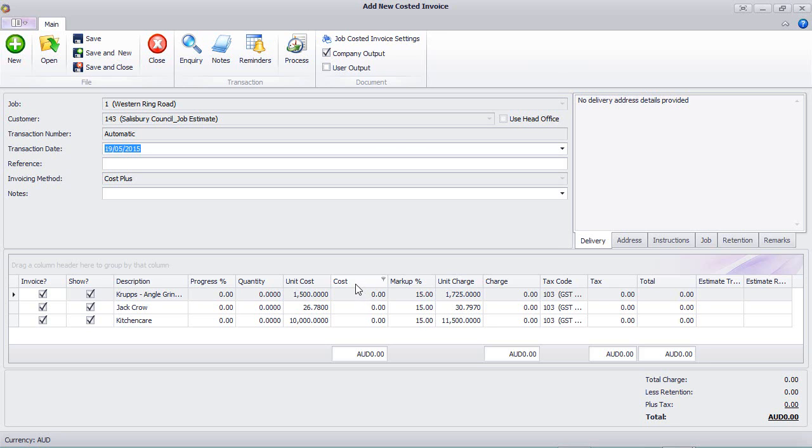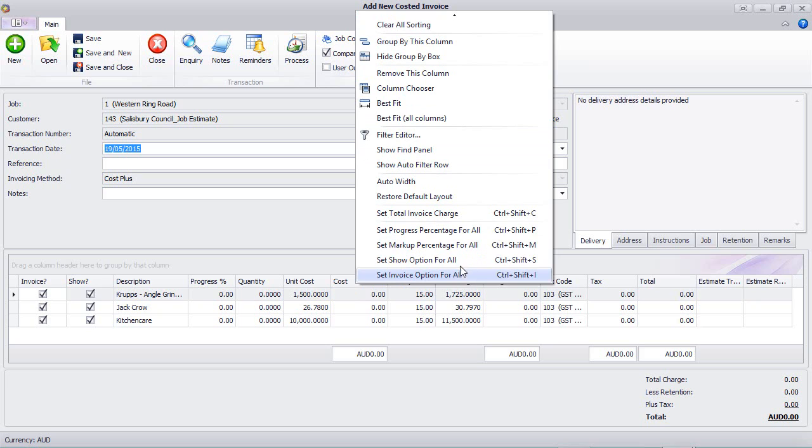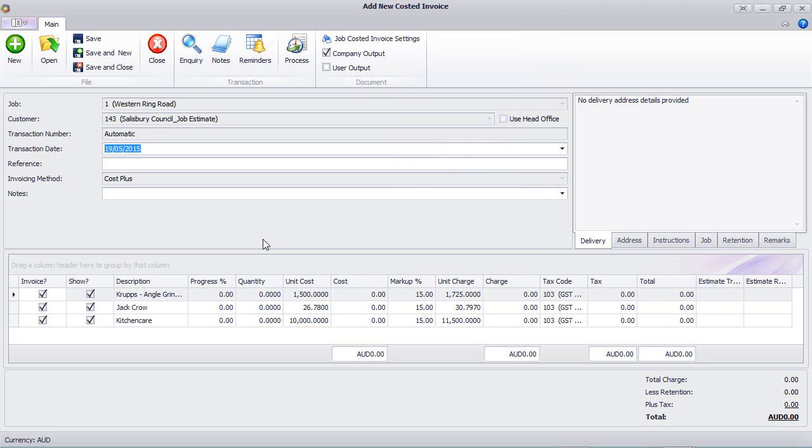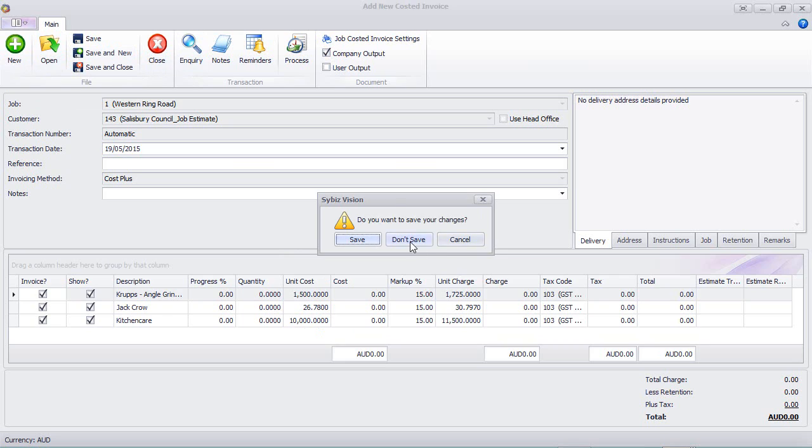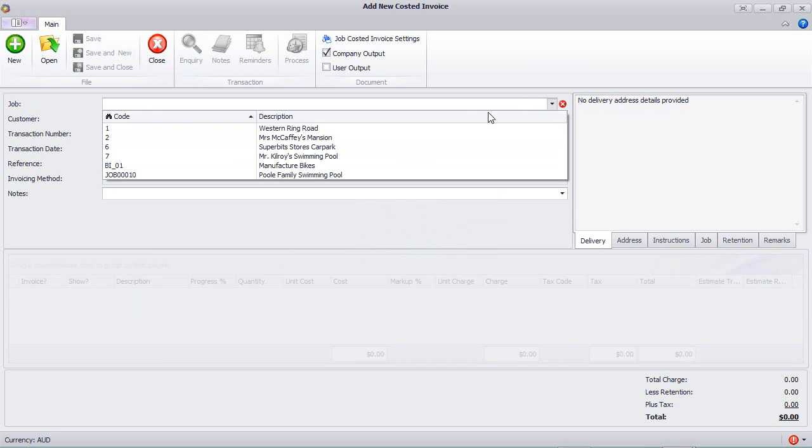There are also right click options to show all and invoice all, and you can refer to the help file for more information on what that means. But I'm just going to leave it there for this invoice, and we'll go back to the job we initially looked at and start from scratch with a new job invoice, and we'll pick up the job that we first took a look at,